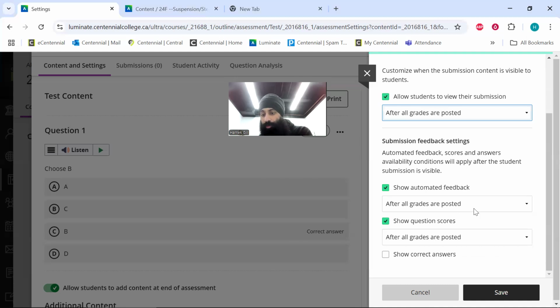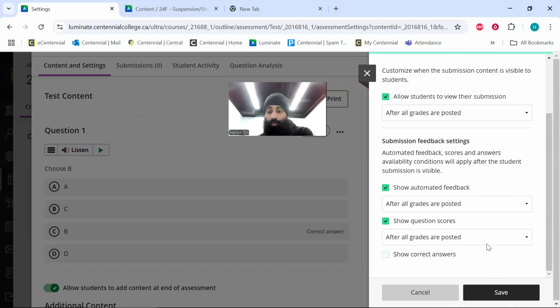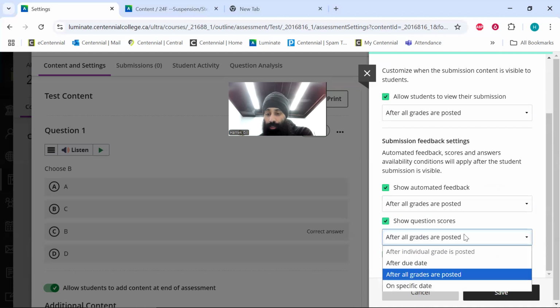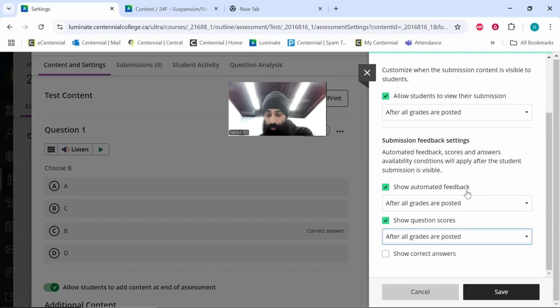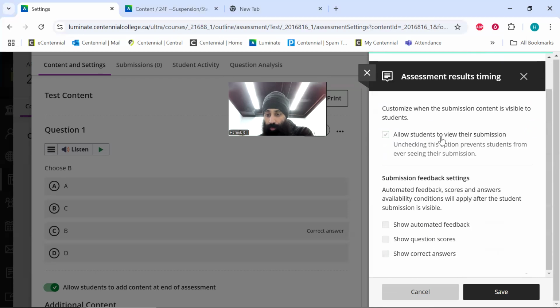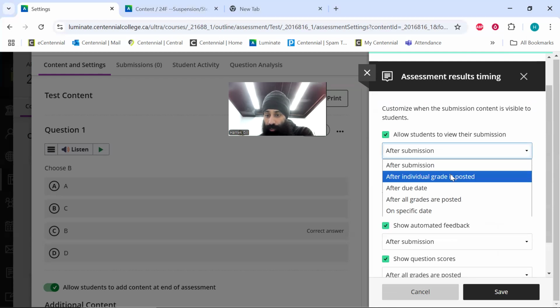Now, after all grades are posted, you can also select show correct answers if you like. I generally don't. It will show them specifically which questions they got wrong. Okay, so allow students to view their submission. You do have other options here